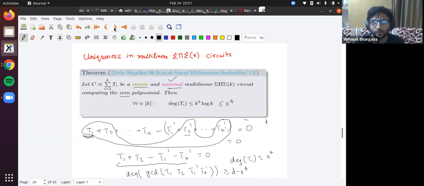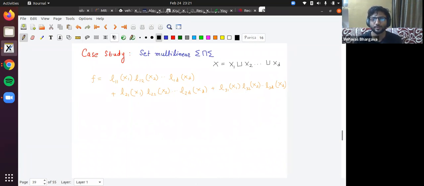So let's put it to use. Let's do a case study for set multilinear depth circuits. Again, doesn't matter what they say. Just assume that there is a variable partition and you have linear forms which depend on different partitions. As I said, I'll do a projection to, let's say, k to the 10 many partitions. D here is large, but k to the power 10 is a constant. So I'll get F projection.